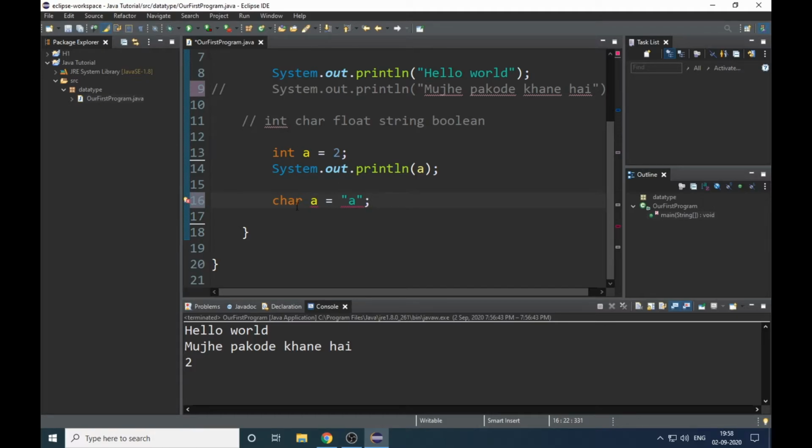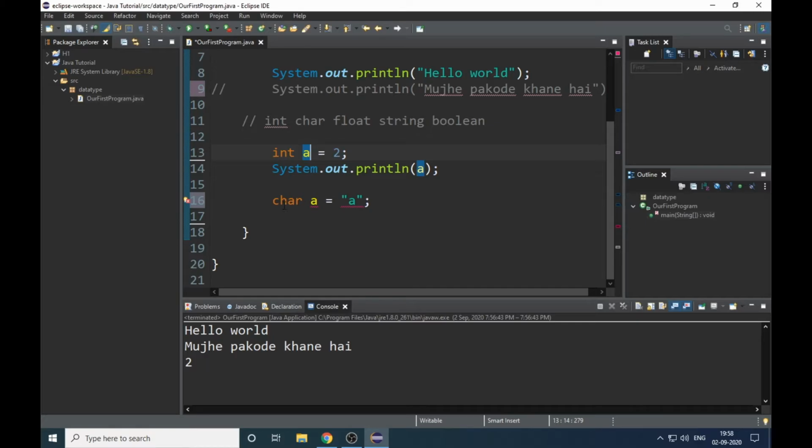Why is it showing an error? Because I have given the same variable name. Remember that if we have a variable name a, then you can't use this name in your further code, because this variable name has already been defined with a different data type. You can't use a character with the same name as you have given to another data type variable.